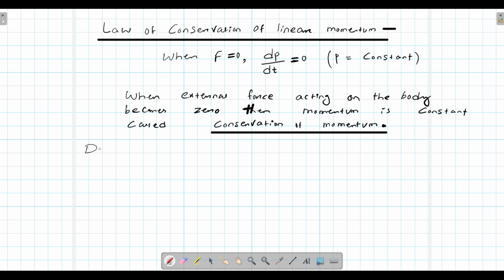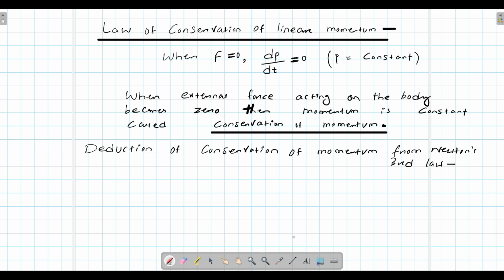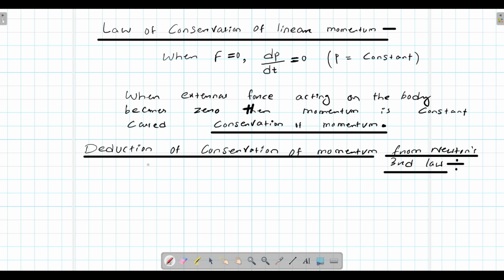So, deduction of conservation of momentum from Newton's third law. According to Newton's third law,